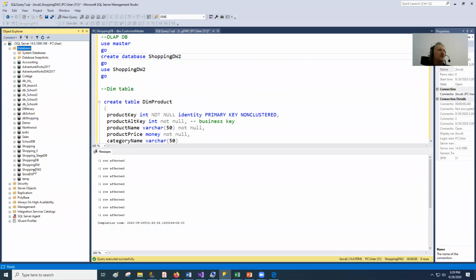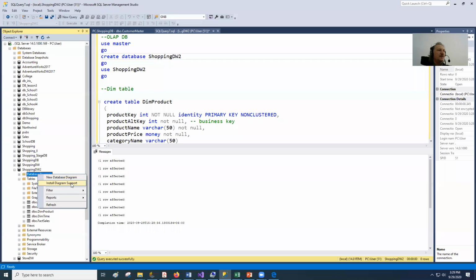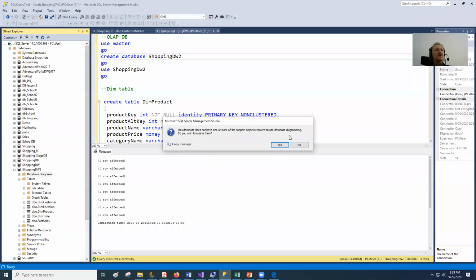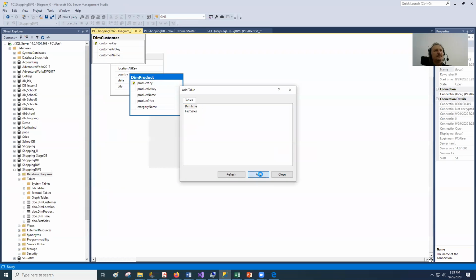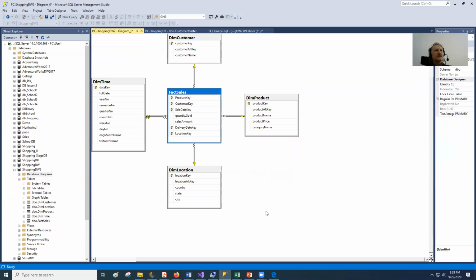And let's see our shopping DB2 here. All our tables are done here. Let's see its schema shape, how it looks like. It looks like a star. Yes. Now, from here to here, we have a one-to-many relationship, one-to-many, one-to-many, and one-to-many 2 times,